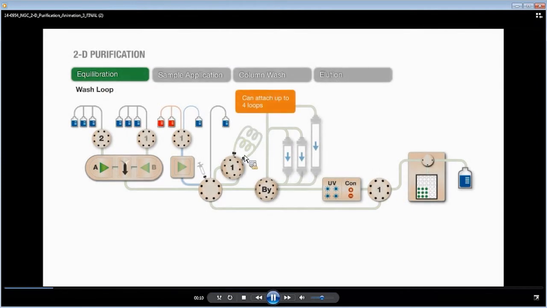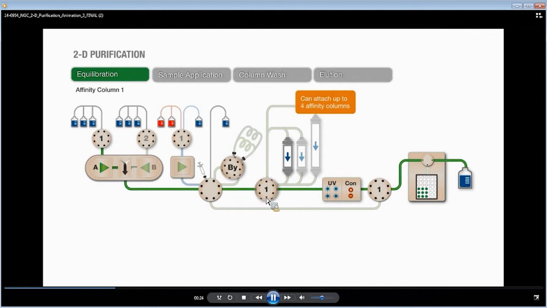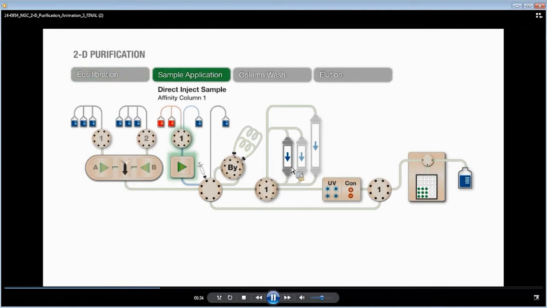So the sample loops here are plumbed to the second column switching valve attached to the inject module, and we start by washing these sample loops in a buffer that's connected to a buffer inlet. Now the affinity columns here, up to 4 of them, can be attached in sequence. We then go on to equilibrate the affinity column. Now this is followed by injection of a sample onto the affinity column through our sample pump,